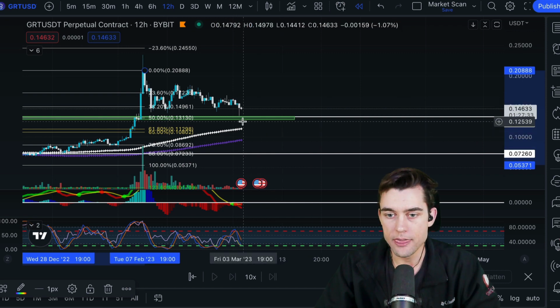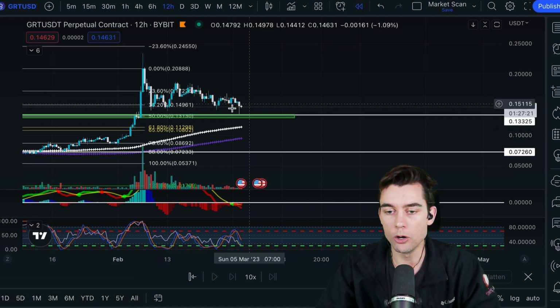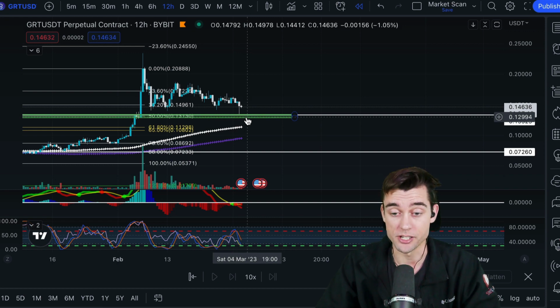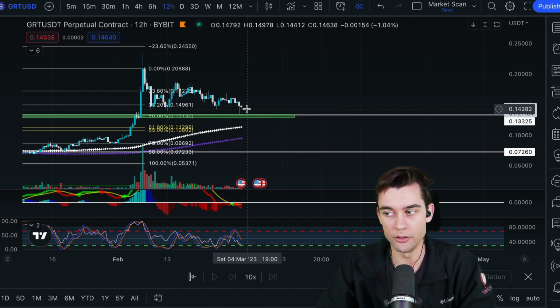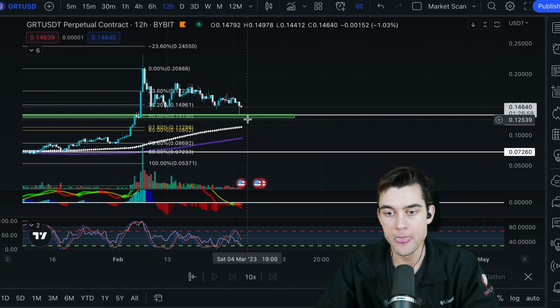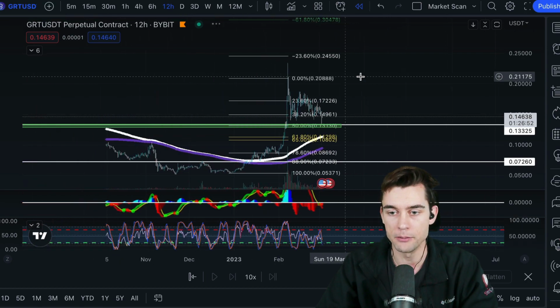And not only that, a lot of people are probably buying around here, right? This whole area. That's because it keeps on getting bought up. So they probably have their sells somewhere down in this area. Honestly, even all the way down to here, probably. They probably have their stop losses, right? So what we call that is sell side liquidity. So there's a lot of buyers who will sell down here for a loss. And what you want to do is buy up all of the sell side liquidity. So you want to buy up their stop losses.